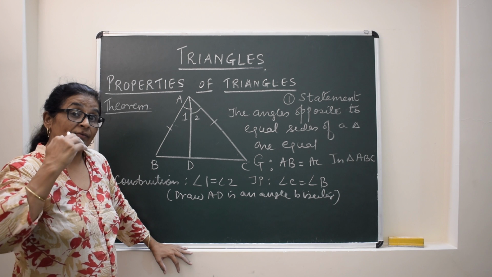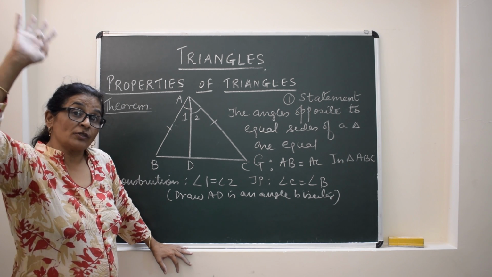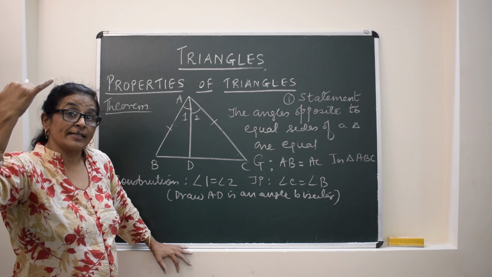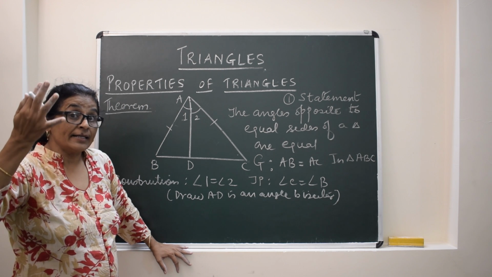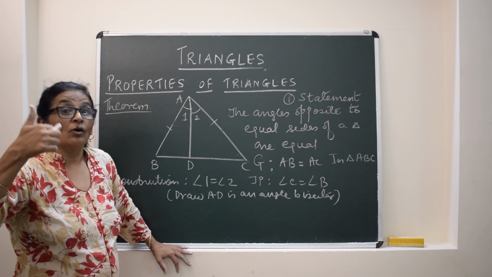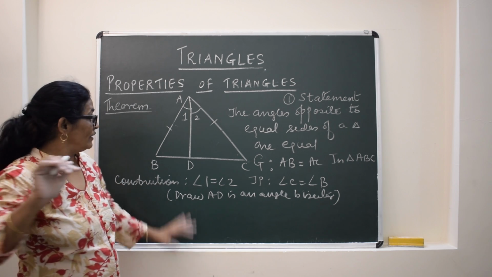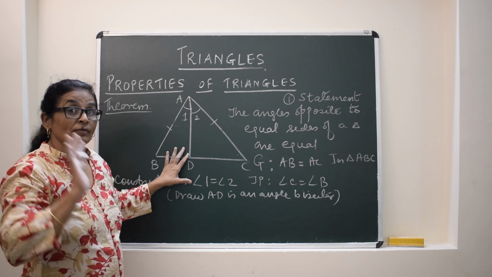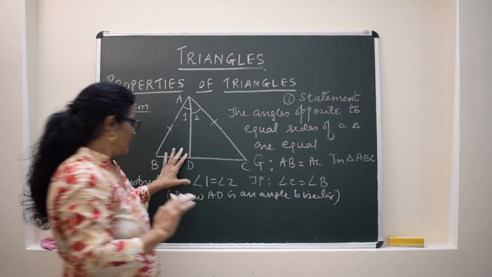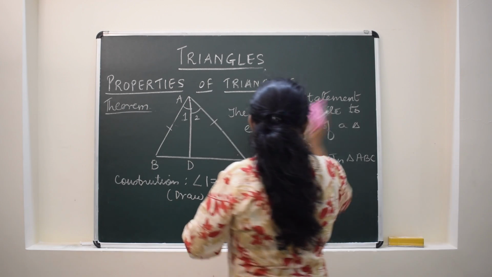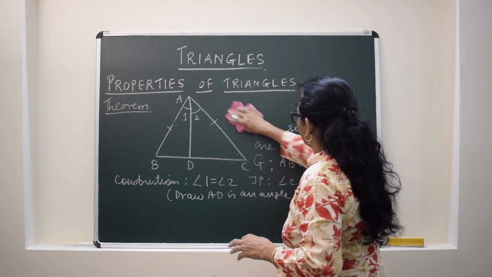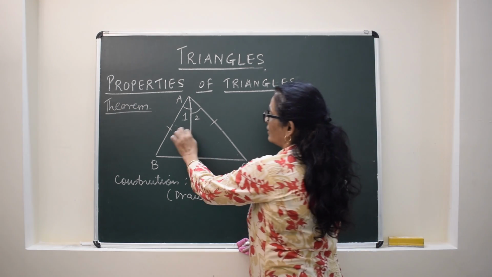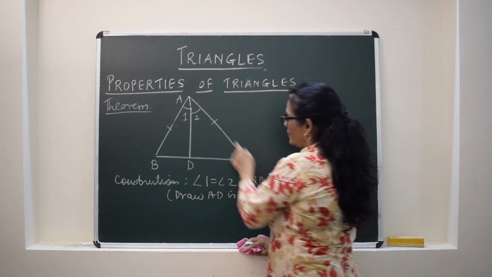Equal and congruent, when we have to prove, then automatically those 5 criteria should come to our mind. What are they? SAS axiom, ASA, AAS corollary, SSS or RHS. RHS we will leave here because it is nowhere given that these are right angle triangles. Okay, so we will concentrate on 4 criteria. What are they? First, SAS. So first we will see what we can apply. What is in our hand? In our hand is AB and AC.